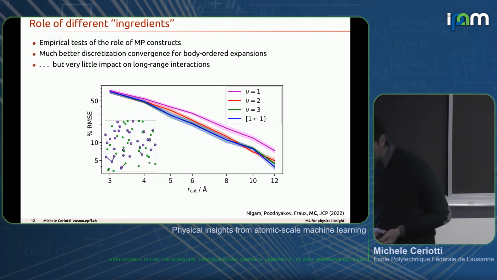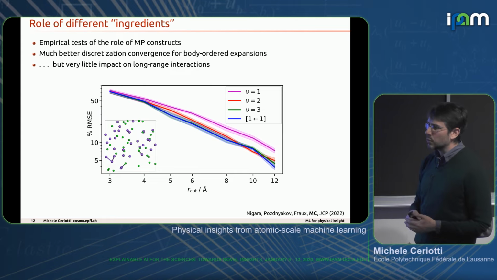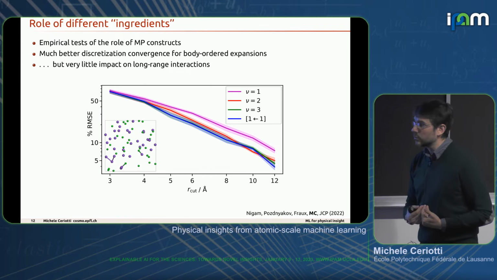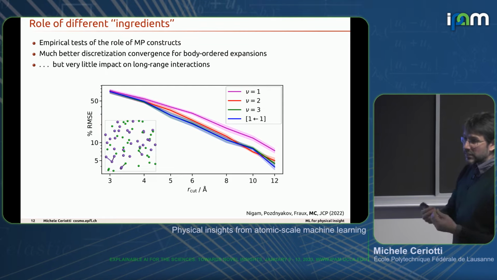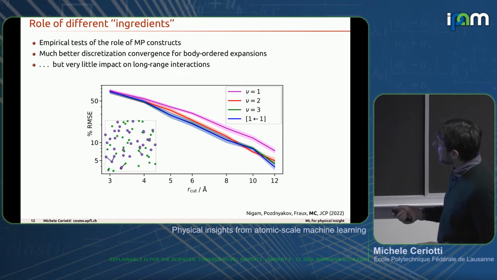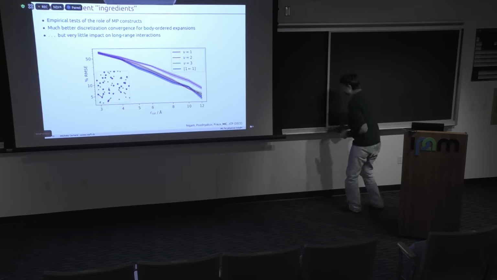Another interesting observation is that, even though usually one of the reasons why people want to do message passing in an atomistic context is to incorporate long-range information, we can show that it actually doesn't work. It works very, very poorly to incorporate long-range information. Here we are using a toy problem, which is basically the electrostatic interaction in a gas of charged atoms. And when you go from 1 to 2 to 3 neighbors centered on the same atom, yes, there is an improvement when you go from 1 to 2,